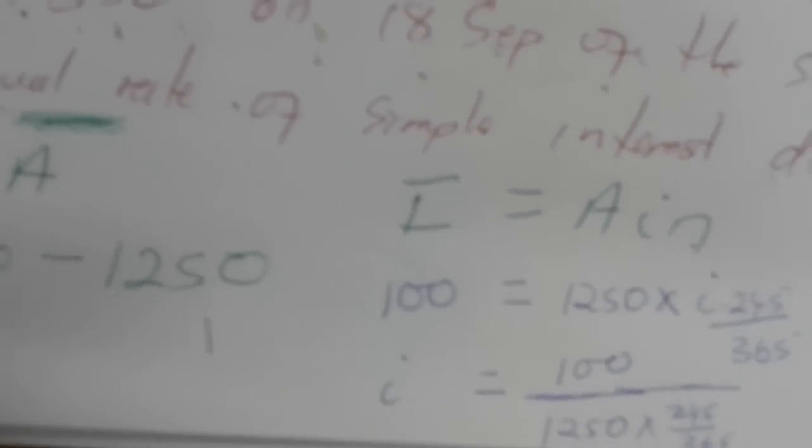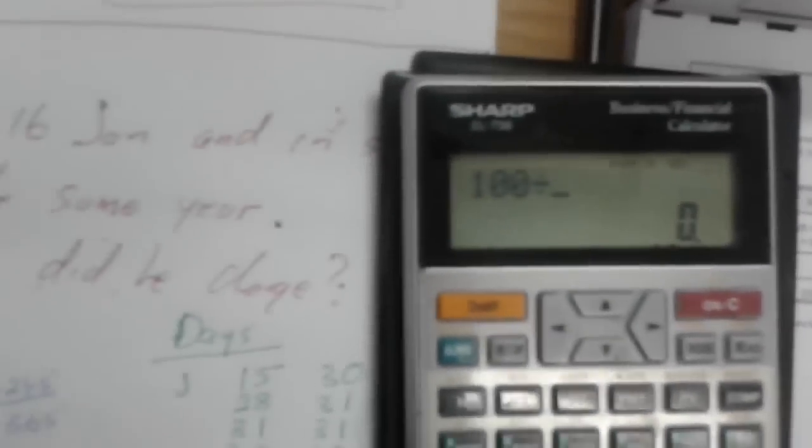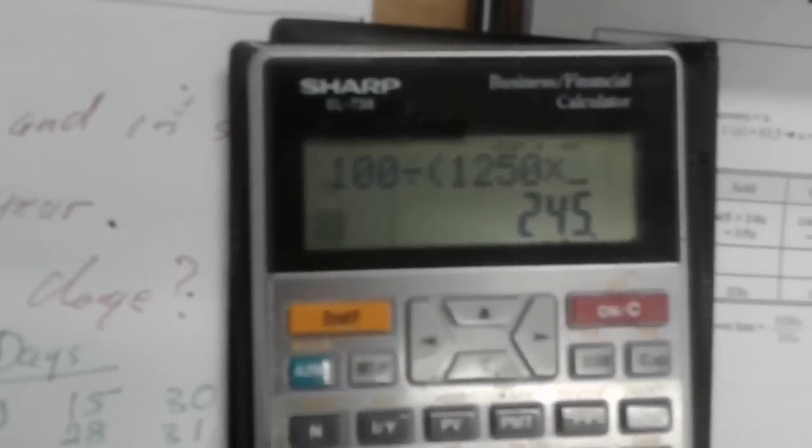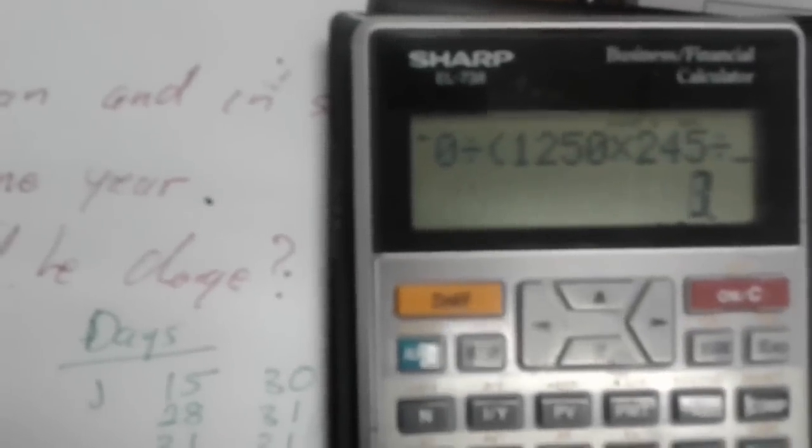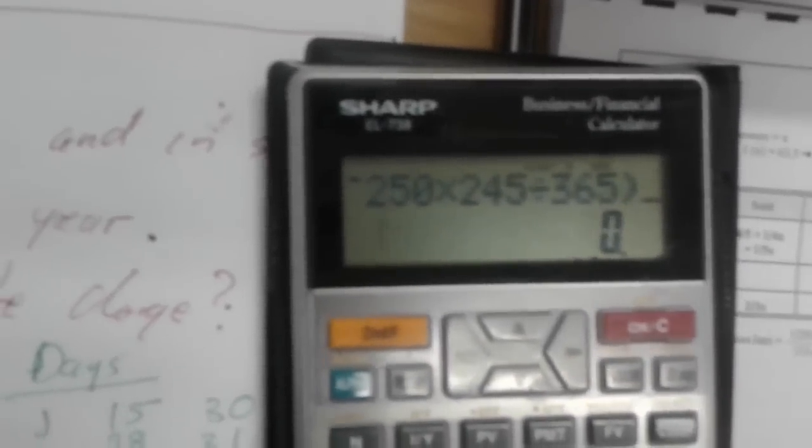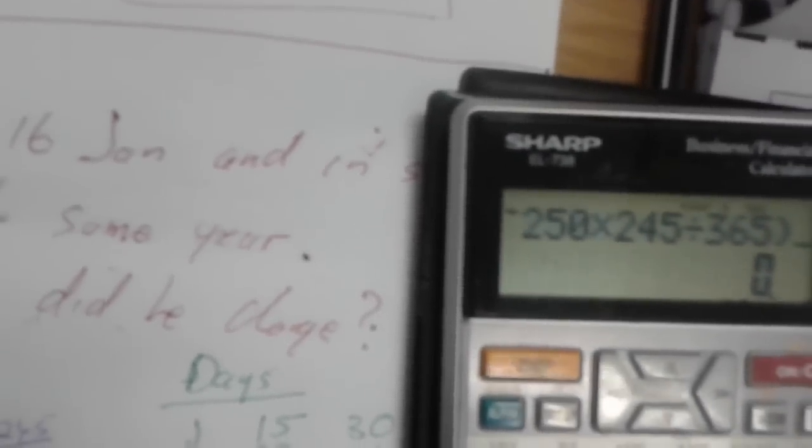Now you need to be very careful when you punch this part here. Either you change it and say 1250 times 245 multiplied by 365, but you can choose whichever way. So I'm going to say 100 divided by, then I open bracket, because my denominator here has more than one number, 1,250 multiplied by 245, divided by 365. Then I close the bracket. So this is my denominator there. Then I get my answer